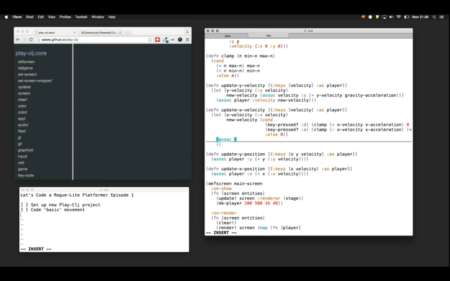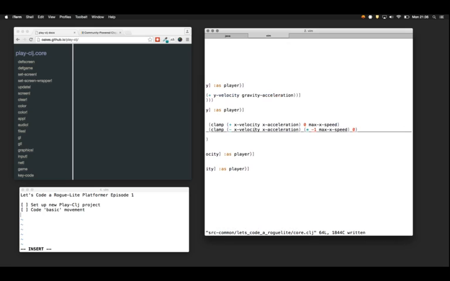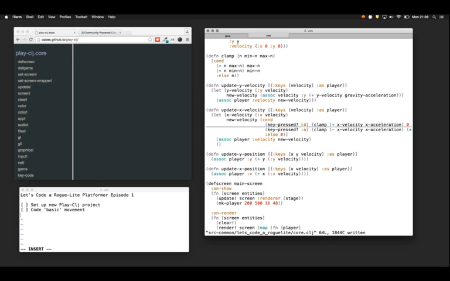We will associate player velocity as new velocity. Except, yes, this is currently just returning a number. Right, so let's pull this, what does this guy take? This guy takes some key presses. I'm working out or trying to work out if I can pull this out as a function, but I don't think I can. So we're gonna make this very ugly for a moment